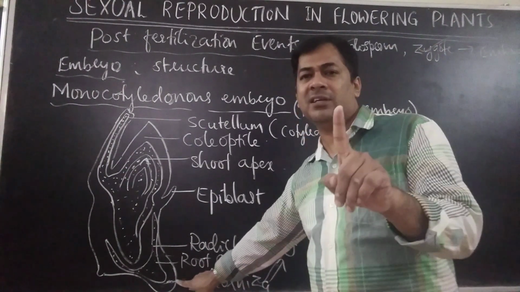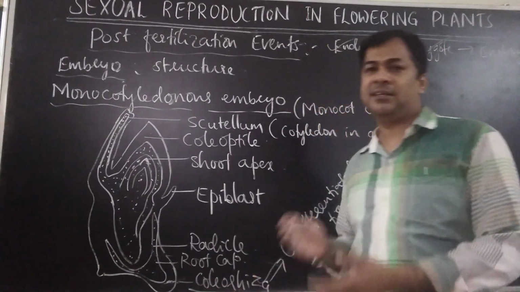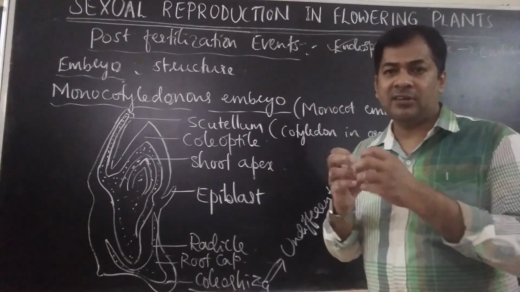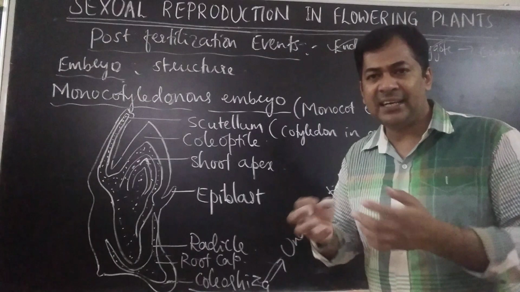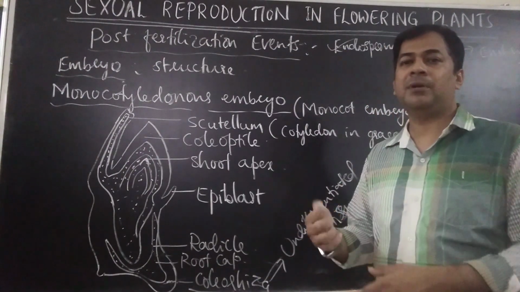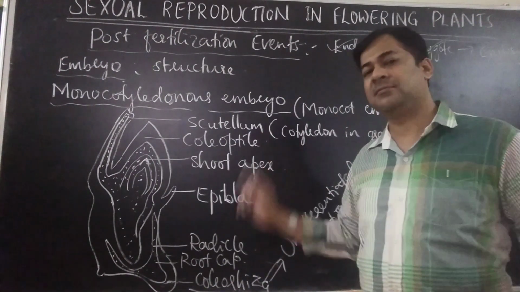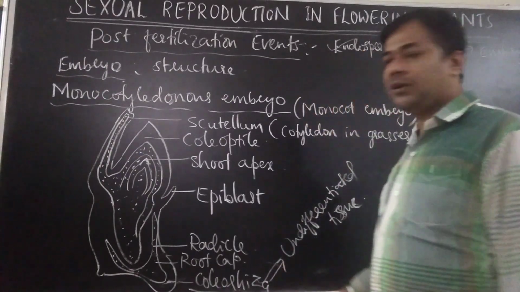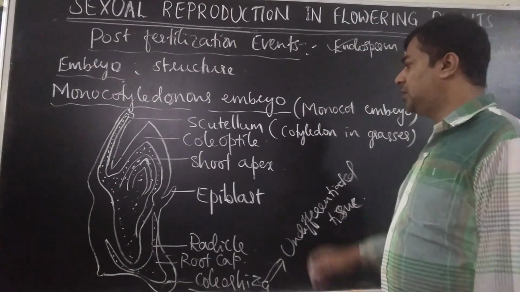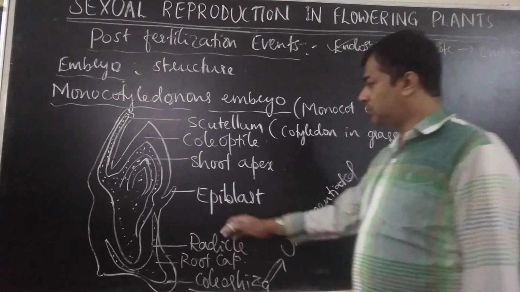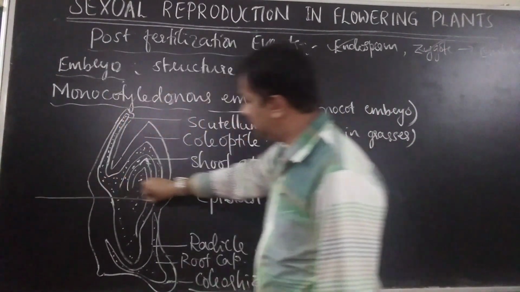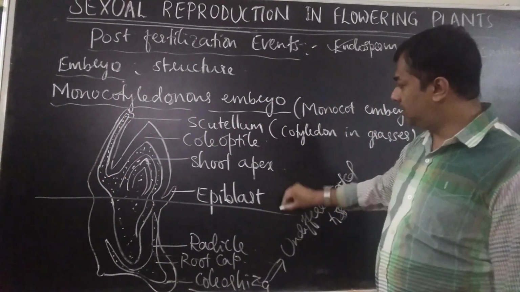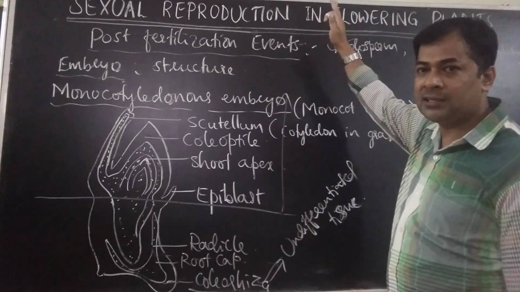Only one work is there for coleorhiza, that is cell division. One cell divides into 2, 2 becomes 4, 4 becomes 8, 8 becomes 16, like that it multiplies. Only one work, divide. Okay, so coleorhiza is an undifferentiated tissue. You understood? So if I draw one line here like this, above the line, all that